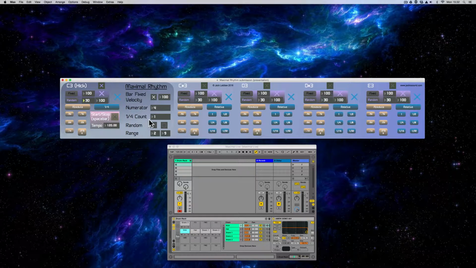It's fairly simple to see that the quarter note count box simply changes value on every quarter note. When you have bar fixed velocity switched on, every time the quarter note count shows the number 1, the velocity value which is sent through to the C3 pad mirrors whichever value you have in this box. Okay, so if we turn this up to full,